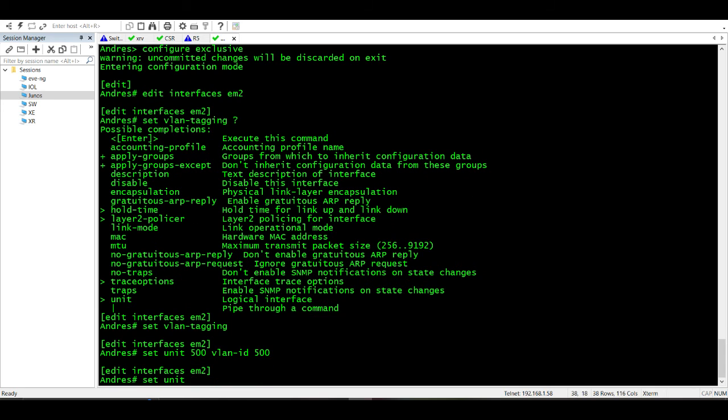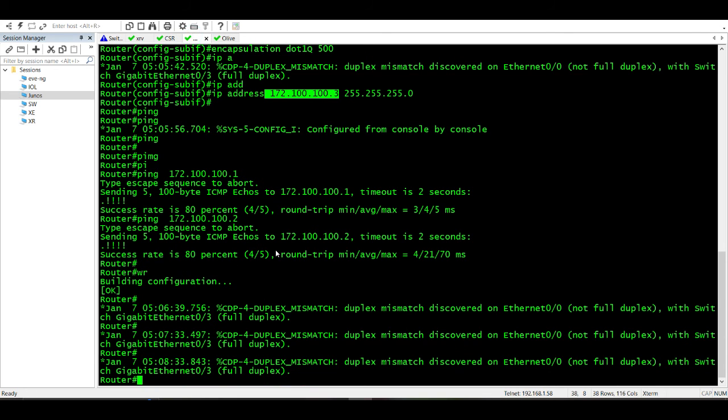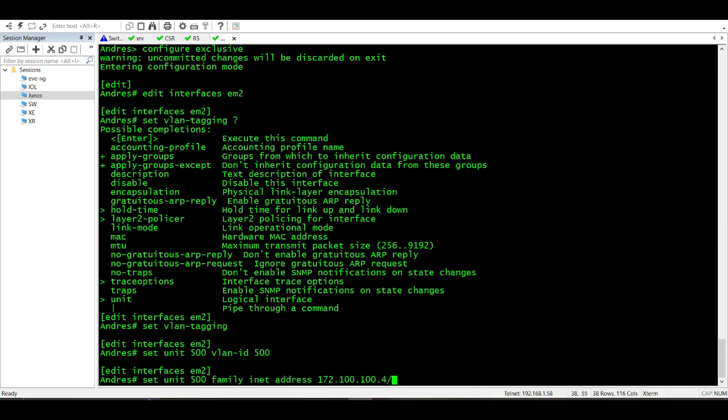Set unit 500, this is the logical interface. Family inet is like IPv4 in Cisco. Address, and one IP for this network. But the next one is 4 and the mask,